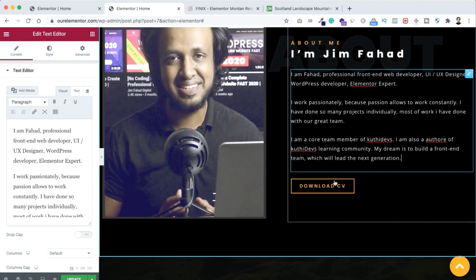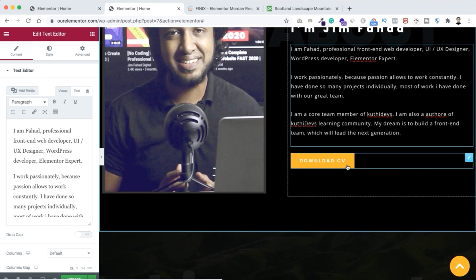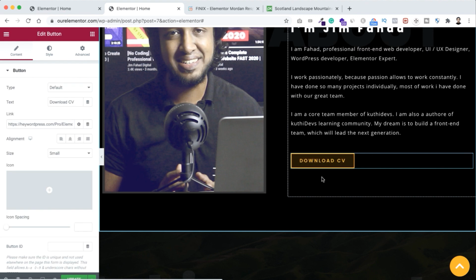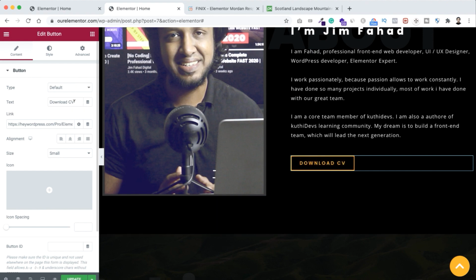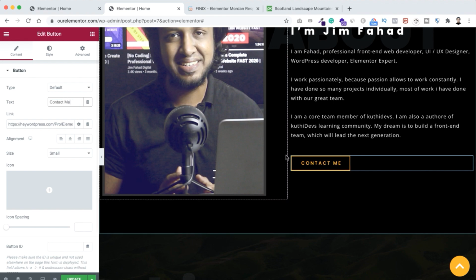And here is the download CV button. I'm showing you shortly how you can make this button work. So it would work like whenever anyone clicks on this button, your CV will be downloaded in a zip format. I will show you how to do that very shortly. But also, let's say if you don't want any download CV button, then you can just replace this text, like instead of download CV, you can say just contact me like this,